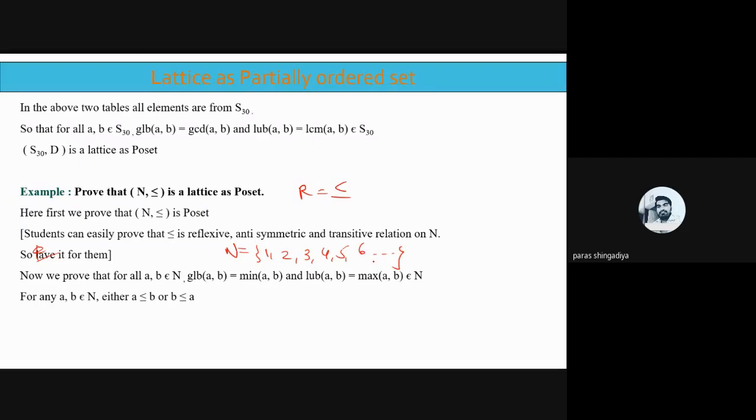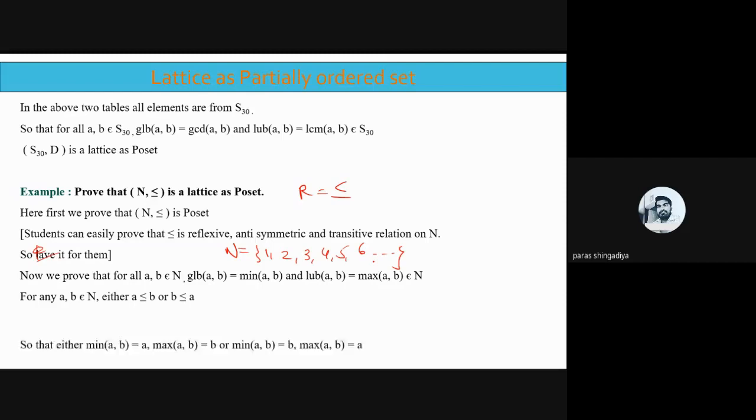And if we consider 6 is the B and 7 is the A, then B is less than or equal to A. Clear? So for this possibility of A and B, we have two conditions there. Either A is less than or equal to B, otherwise B is less than or equal to A. Clear? And why is it considered there? Because you have to identify the minimum and maximum. Which value is the minimum in comparison to A and B, and which value is the maximum in comparison to A and B, for all possible pairs.